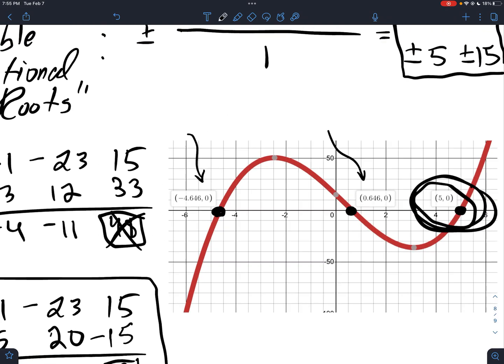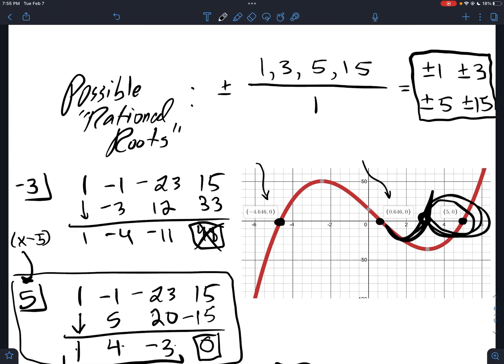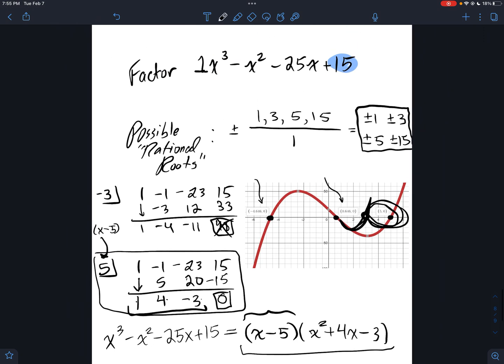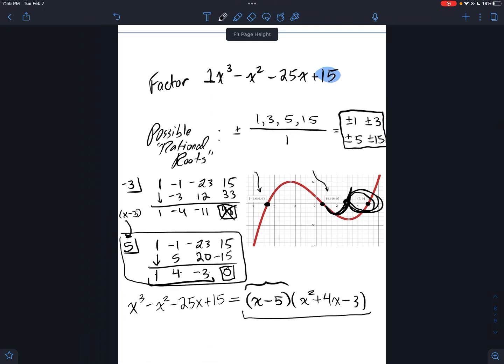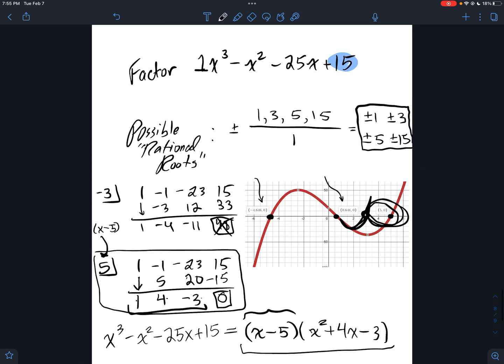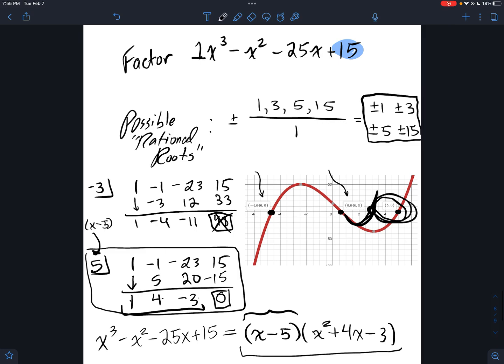It's a really viable technique, and it doesn't always work. This one worked out, but we could easily have a cubic that crosses here and it crosses here at like the square root of 11 or something like that. And it's just not in the cards, but there is a lot of times a number that we can find and synthetically divide it out to factor a cubic, and it's a really sophisticated technique, but